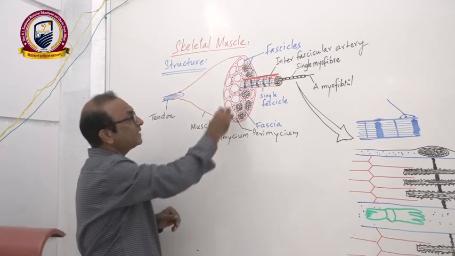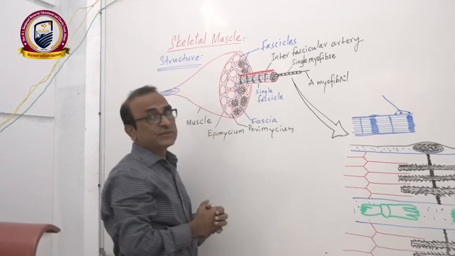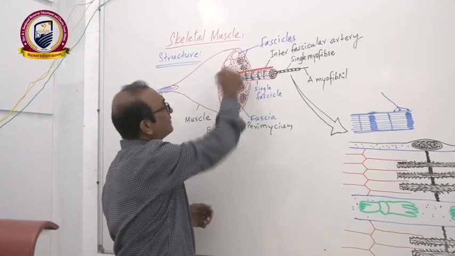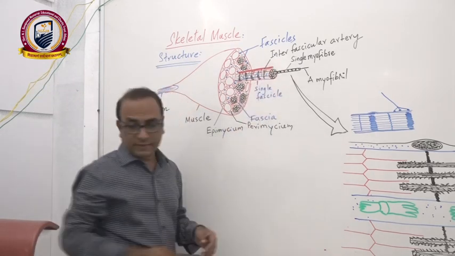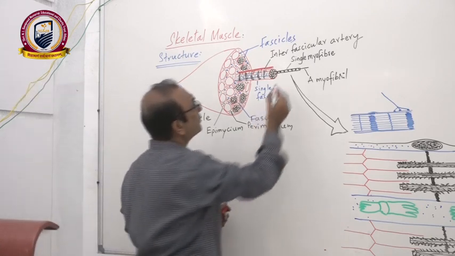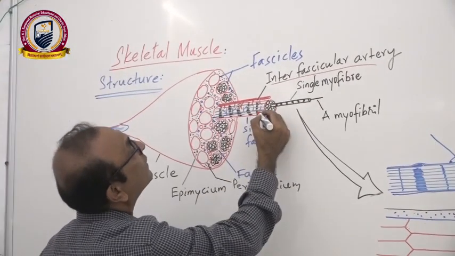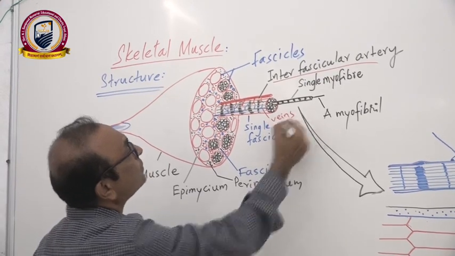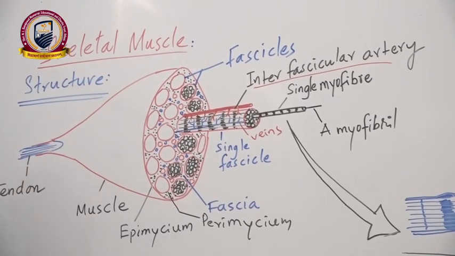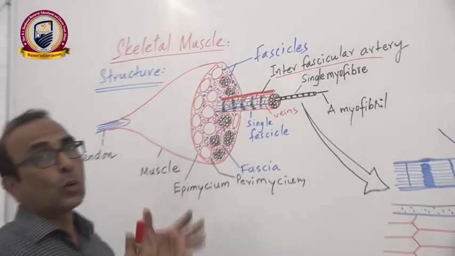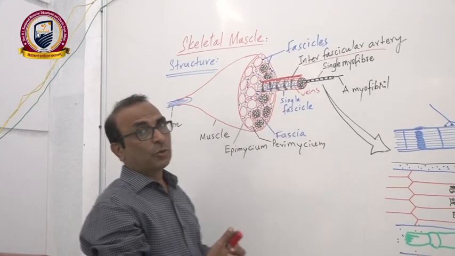Okay, and inside the fascia there is a connective tissue. You see that the blood vessels are traversing, moving through it. Right? There are interfascicular arteries and veins. So the red ones, what I have drawn here, are the interfascicular arteries, and veins also you find there. So that means each fascicle is richly supplied with blood vessels because it needs a lot of oxygen and glucose for generating the energy to bring about the function of the muscle.